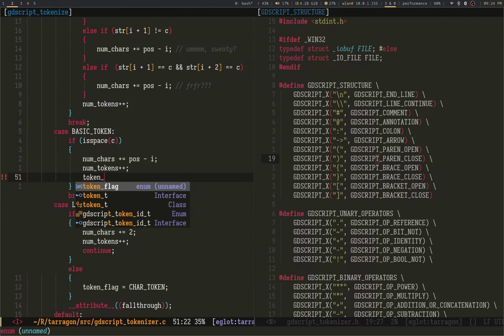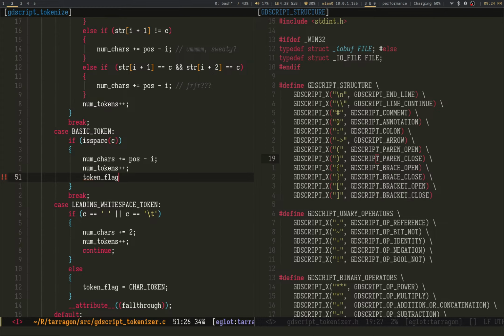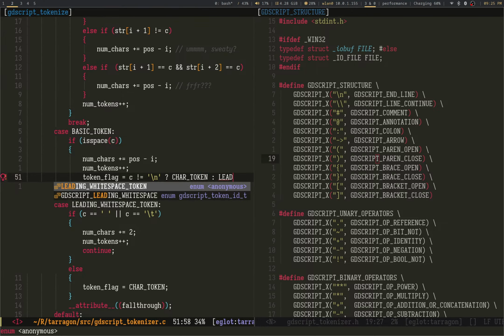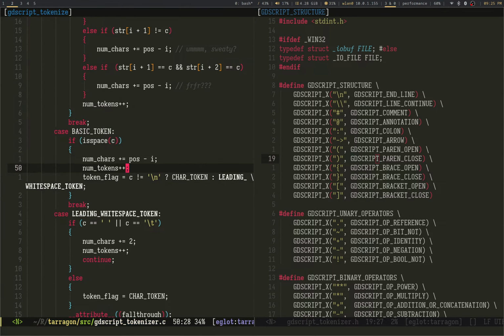Let's say token flag, C is equal to new line, which is actually unlikely. So car token or deleting white space token. And I think that's that.